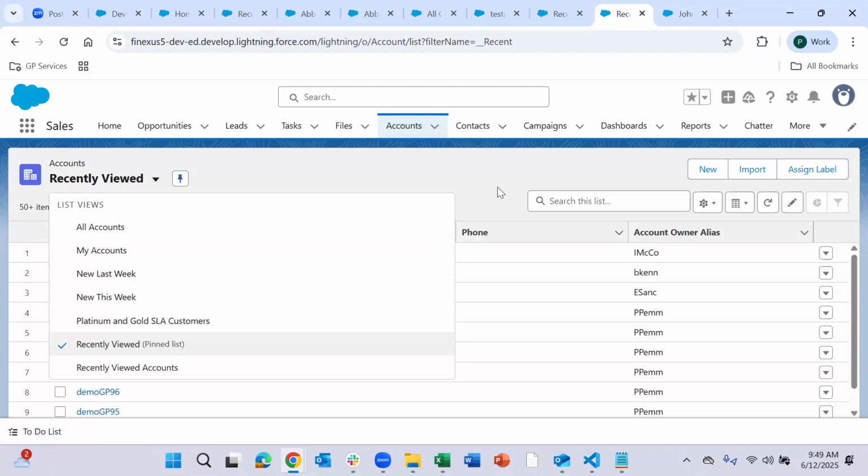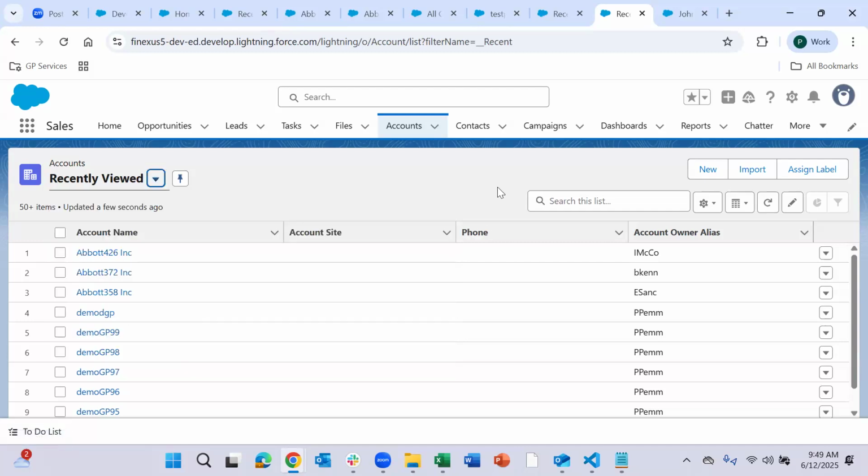Let's say somebody comes and asks you, I want to see only the records where the account owner alias is PPEMMA. So what you will do is create a new list view.